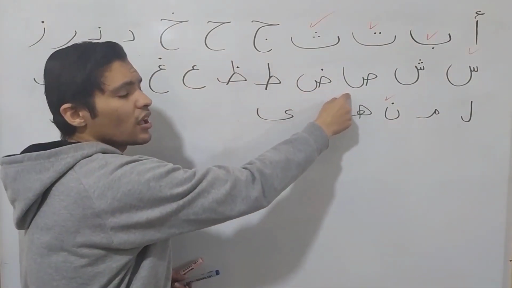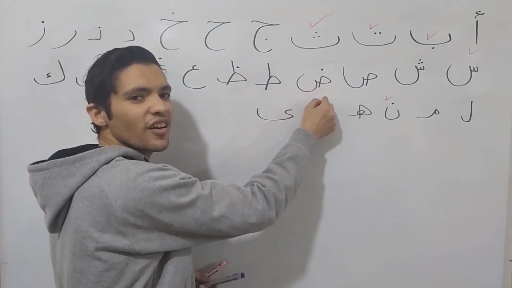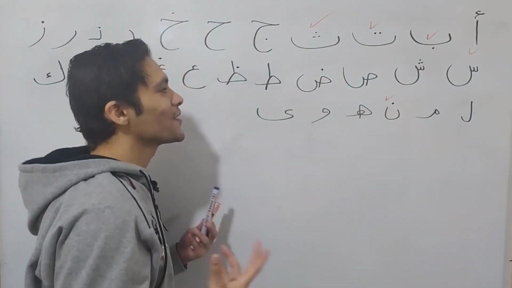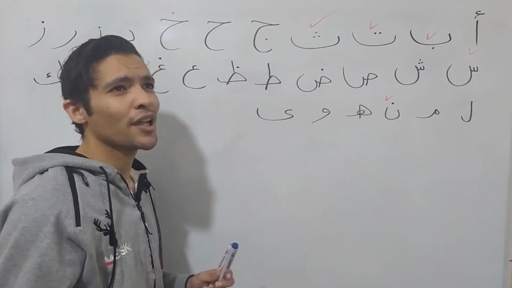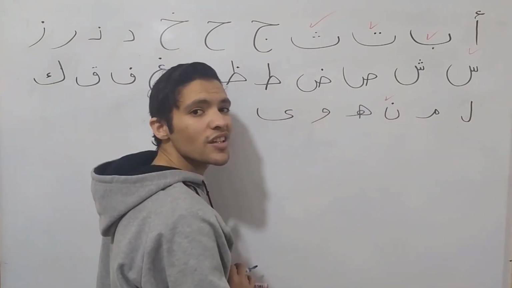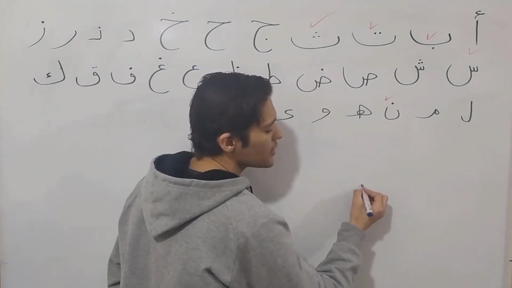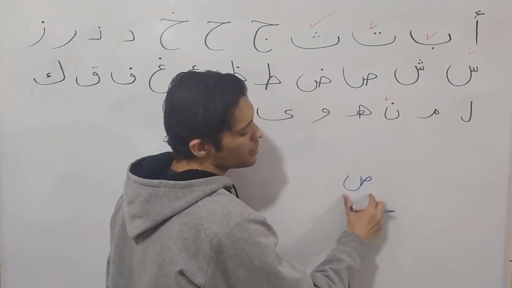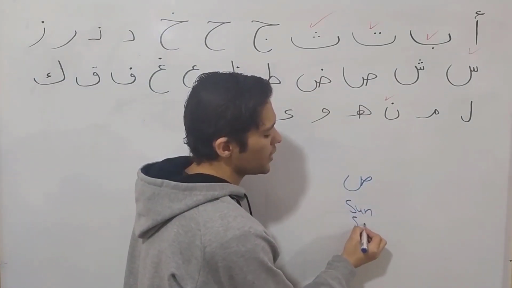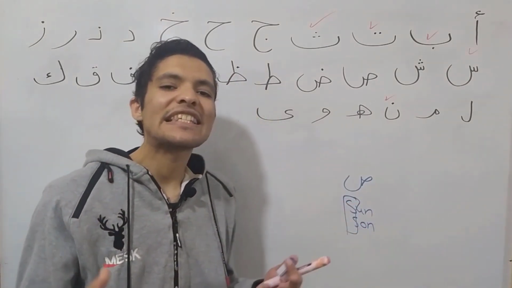So, sad and dod. And I know this letter is very hard to some non-Arabs. Some people who don't know Arabic well would be like, oh, I don't like dod. Do not worry about it. So this one is called sod. You write it like this. It's kind of like when you say sun. Either you say sun like this or sun like this. It's not seen. It's not C.